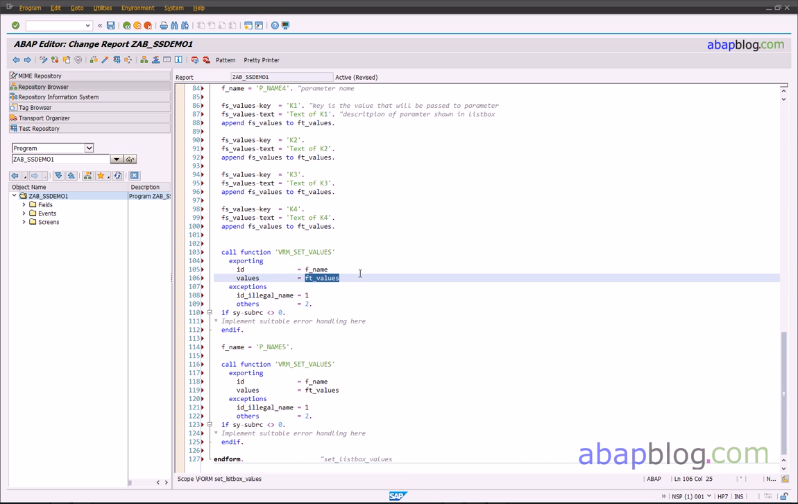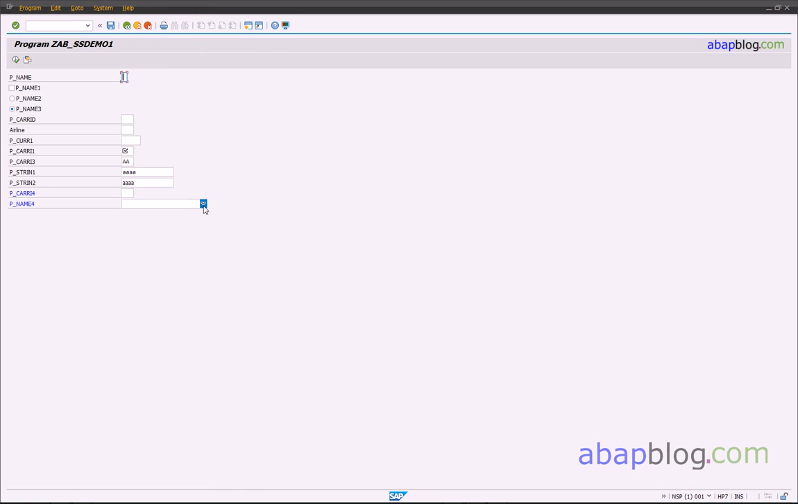And then you have to use the function VRM_SET_VALUES, put the name here and the values which you want to display. So now when I run the screen, I get directly all the fields which I put there on the selection screen, so I can use one of them. And even if this is displayed like key2, text of key2, then after we go to debug mode,